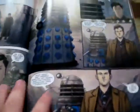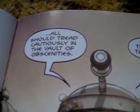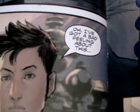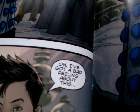And I love the fact that the Dalek text as well is in this very etched, blocky-ish, different text. You get that sense even from the typography that they're screaming, that they're angry, that they're frustrated, whereas the text for Tennant, the 10th Doctor in particular, is just normal black text where he's just milling about, chilling about, talking about art or the